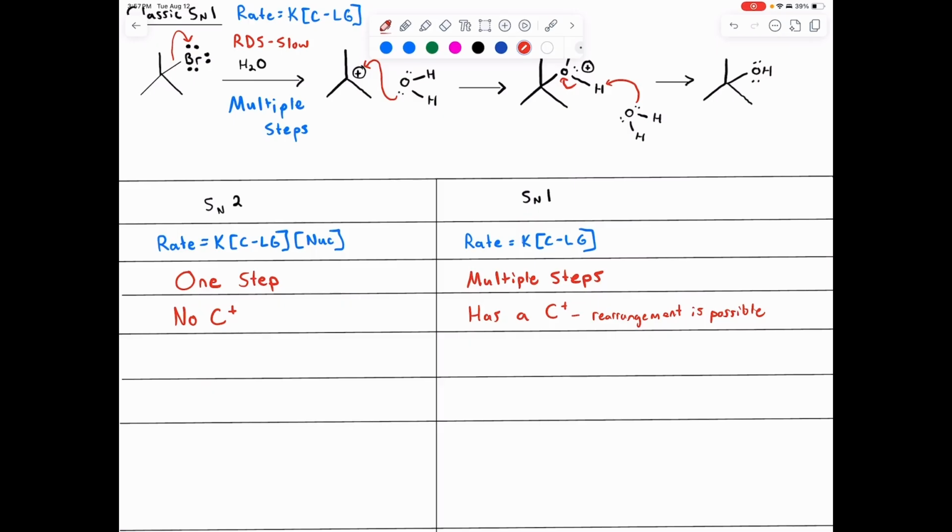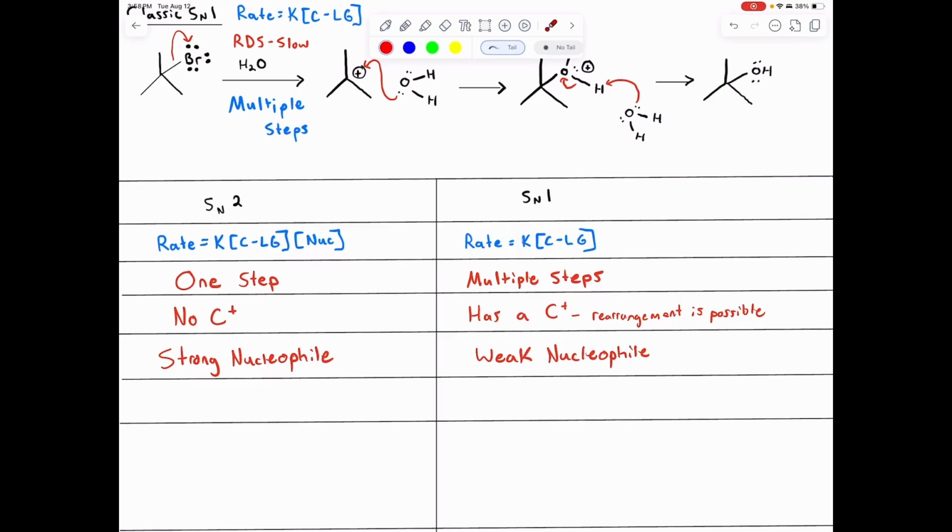So by that token, SN2 requires that you have a strong nucleophile, and SN1 is totally cool if you have a weak nucleophile. Because the nucleophile doesn't participate in the rate determining step, you could have the strongest nucleophile in the world,